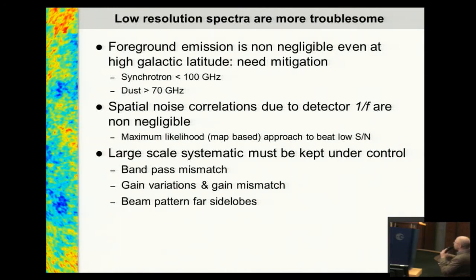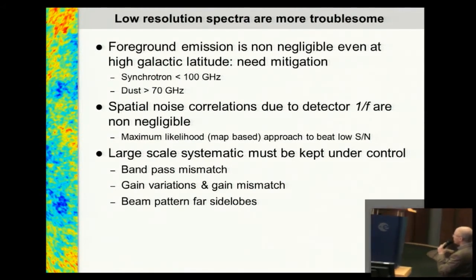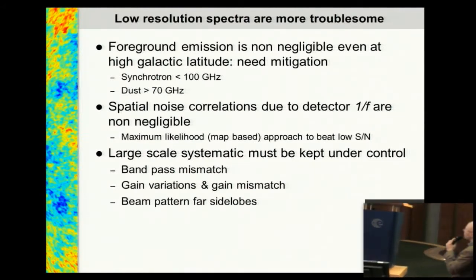Then you have to be very careful about noise. You are sinking into the noise-dominated regime, where spatial noise correlations, pixel noise correlations in your maps, are starting to become important. So you have to be very careful of that and try to use optimal estimators if you want to beat noise. And of course, as we have heard in the previous talk,